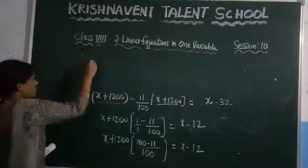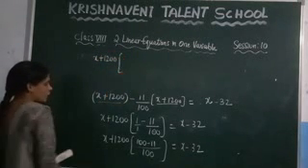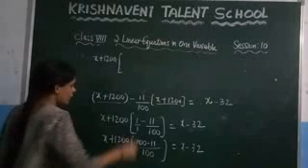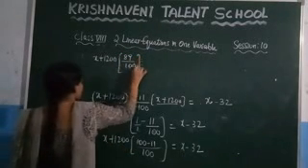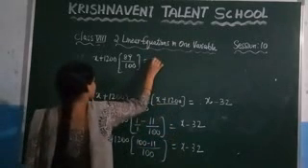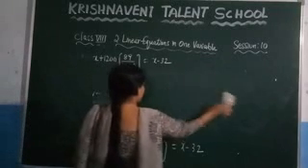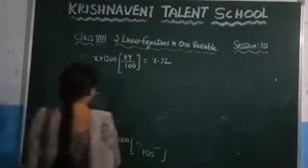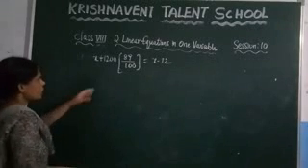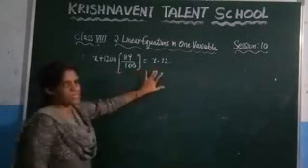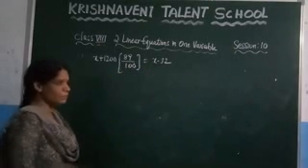So here x plus 1200 into, what is the value of 100 minus 11, which is 89. Write it here, 89 by 100 is equal to, what is left out in the RHS, which is x minus 32. Now you need to solve this equation here. So just take this 100 to this side. You know that here division is there. If you take this one to this side, it will become multiplication.